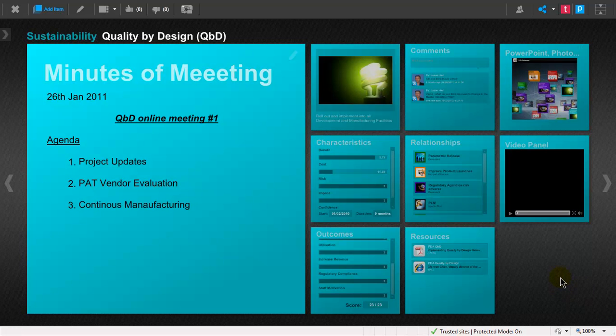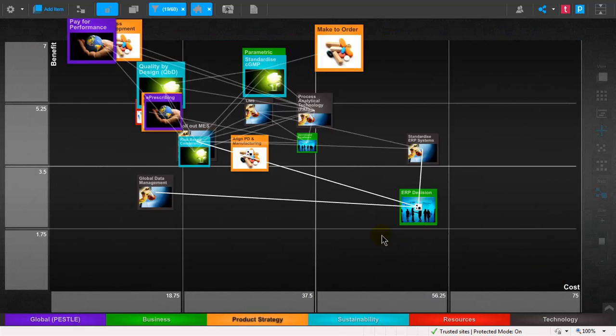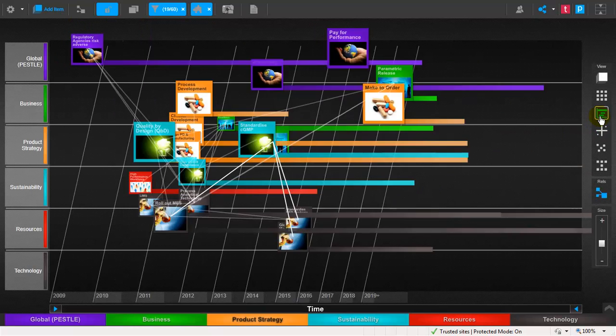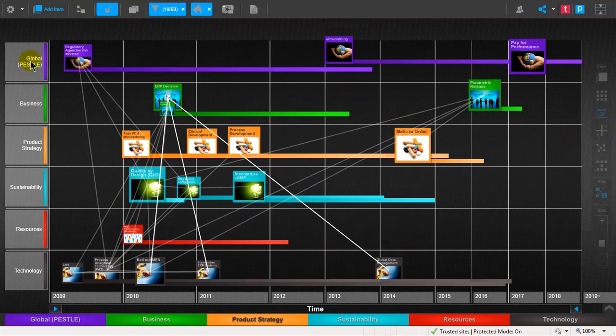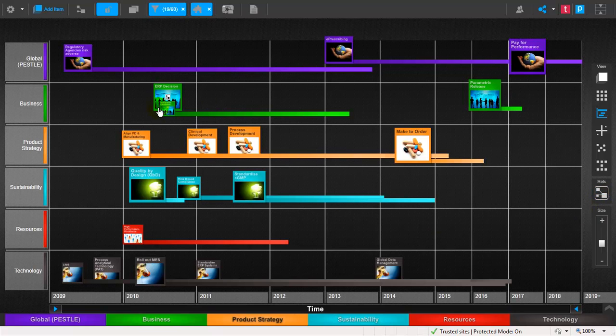So there's a whole host of information that you can contain within your visual roadmap that anybody can go and see. Once we've done that and we have our scenario or our roadmap, we then may want to put that into a timeline. So here in the timeline we can see it by the categories that we've identified, and we've also identified the durations that it will take for each one. So if I just switch off the relationships there for a moment, you can now see more clearly what that